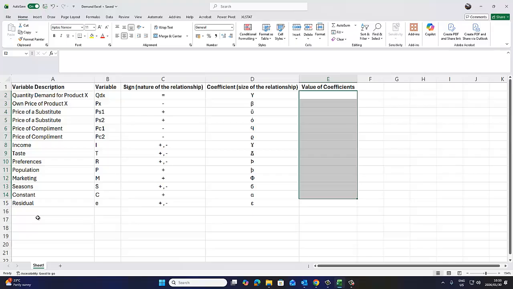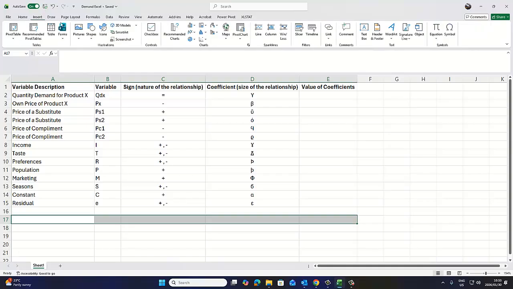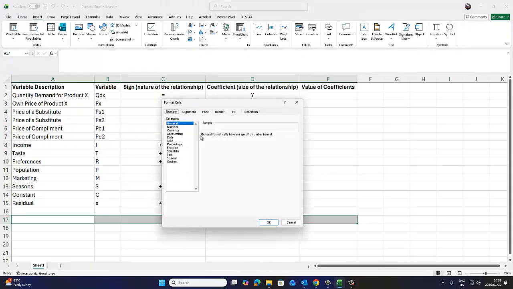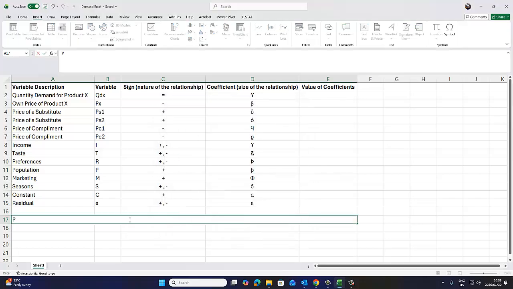So what is our basic equation? Well, let's put our function down first. I'm just going to merge these cells. So I'm going to go insert, and I'm just going to right click, format cells, go to alignment, and say merge the cells. So I'm going to say here, the quantity demand for X is equal, it's a function of